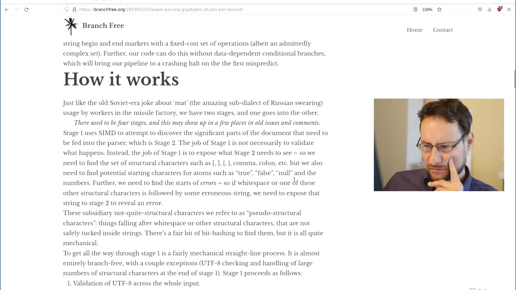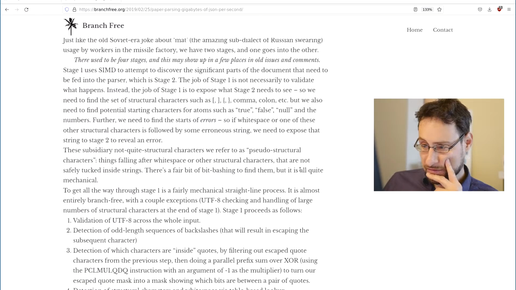Stage 1 uses SIMD to discover the significant parts of the document that need to be fed into the parser, which is stage 2's job. Stage 1 is not necessary to validate what happens. Instead, stage 1 is to expose what stage 2 needs to see. So we need to build a set of structural characters such as braces, commas, and colons, that stuff. Potential items such as true, false, null, and the numbers.